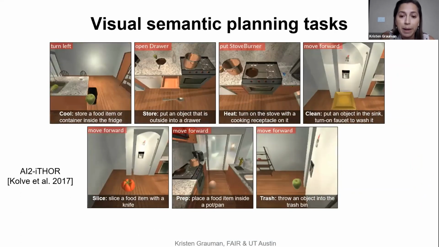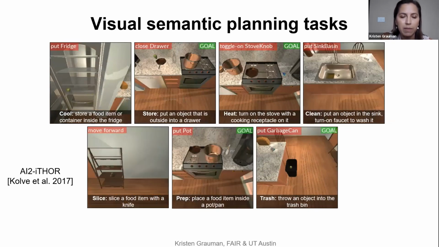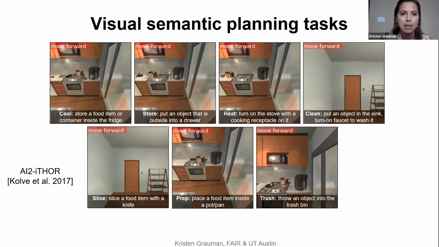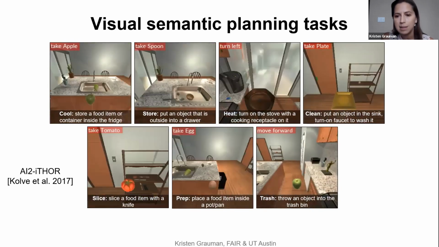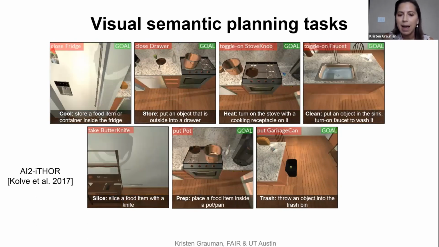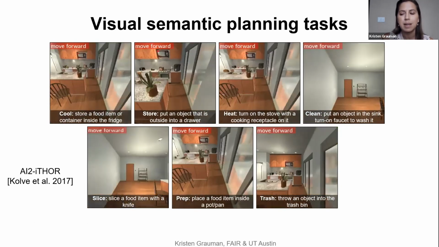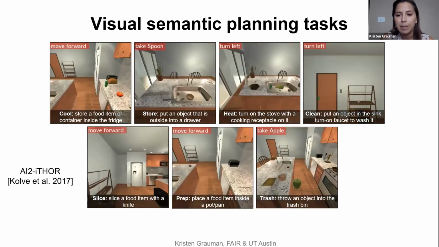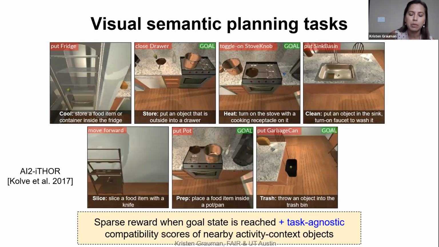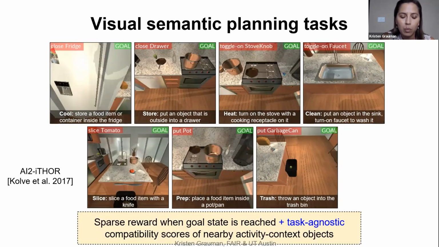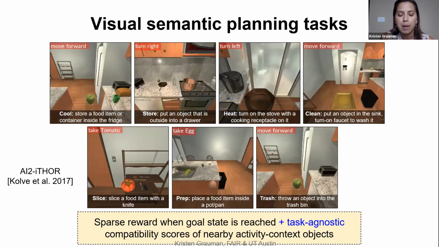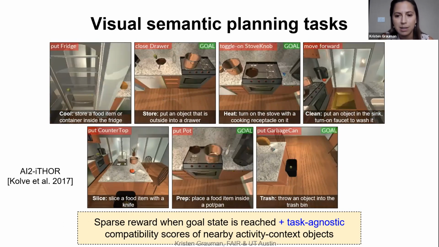And then we bring this to bear in a task-agnostic way. So we have a family of visual semantic planning tasks in AI2-THOR that we want to address. Things like store something, heat something, clean something, throw something away. And we enter the environment not having watched people do each of these things, but instead having watched people do whatever their behavior was in the Epic Kitchens ego video. And now we'll augment the reward to say, not only do we reward the goal state of any of these tasks, but we also reward achieving these compatible activity contexts from human use.